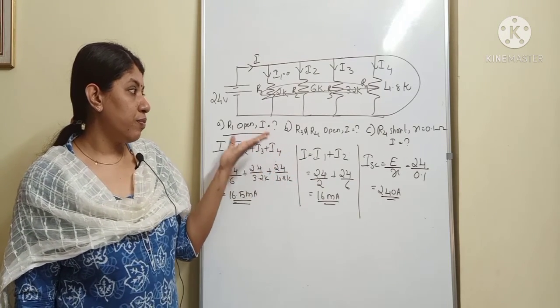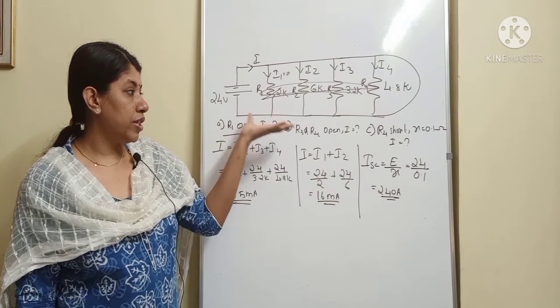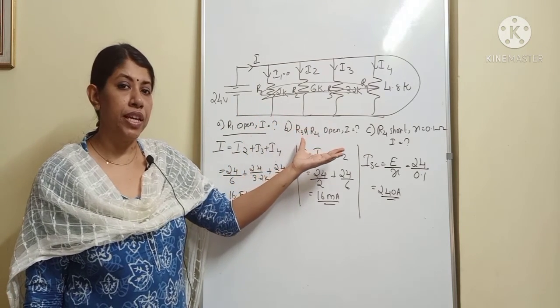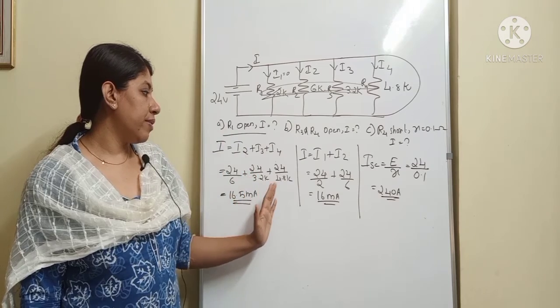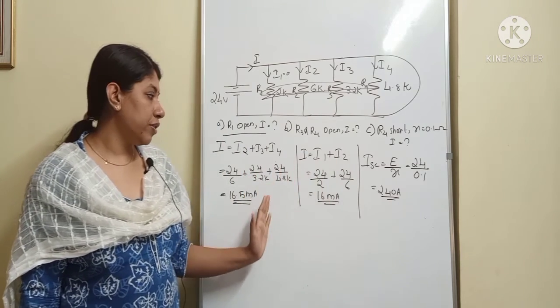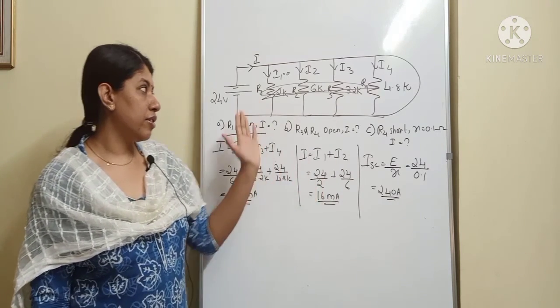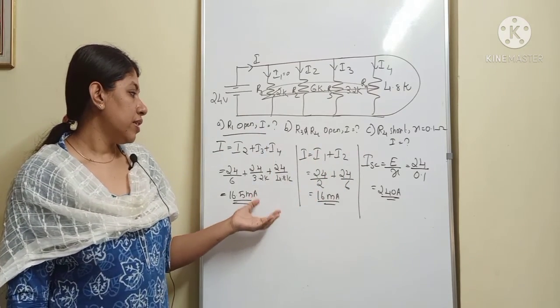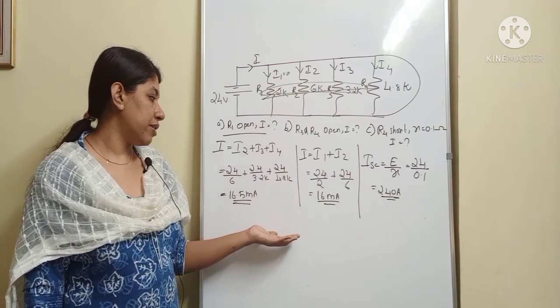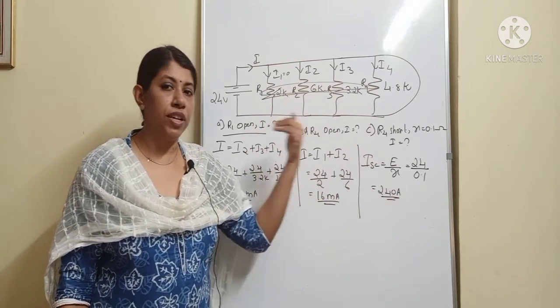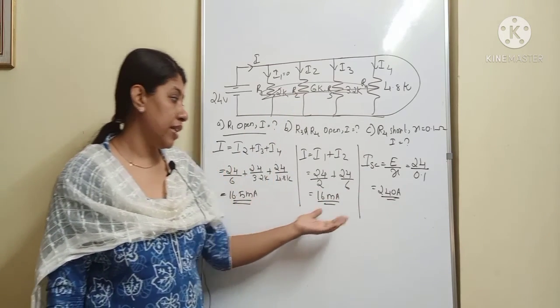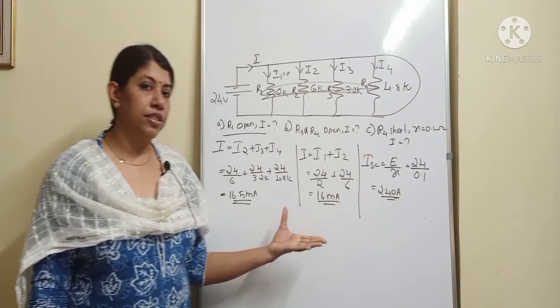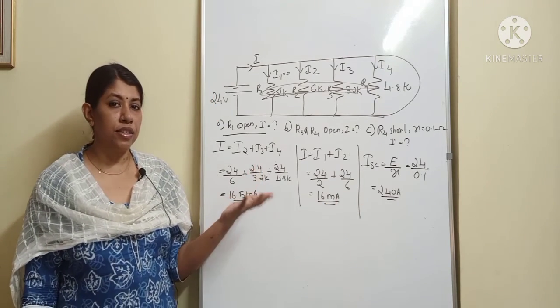The only thing you have to do is, when you do a numerical, analyze the circuit and the values of different parameters, and see how these parameters are affecting the values. When an open circuit happens, what will happen? When a short circuit happens, the value of the current will become this much, which means that right here you can see the variation. This is how you have to analyze a circuit.